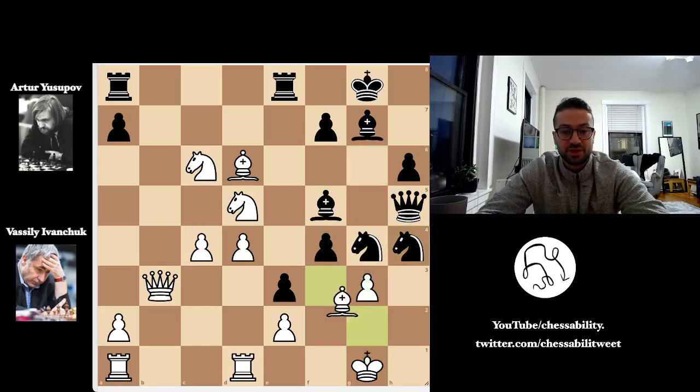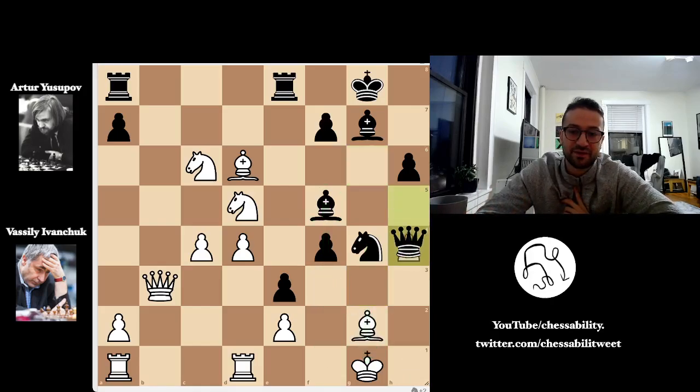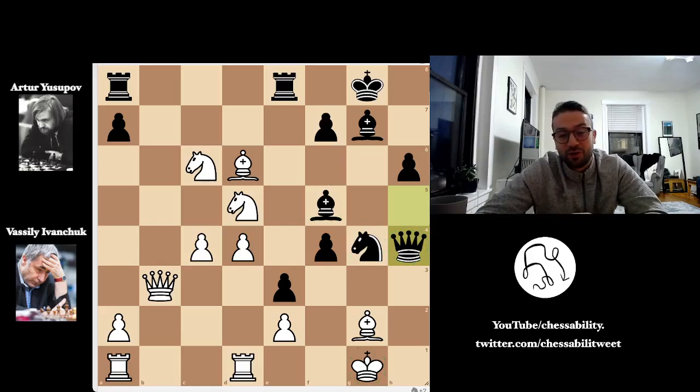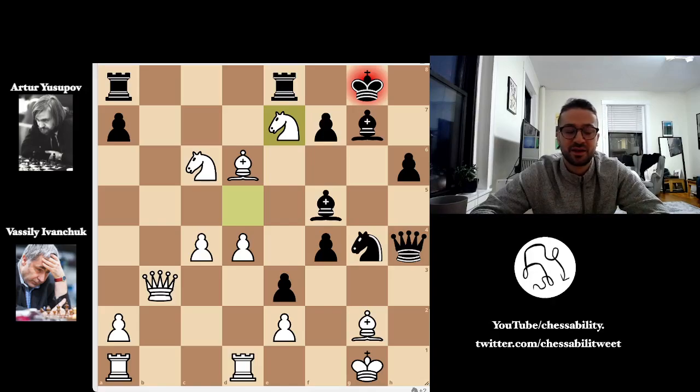So g takes on h4, you have to sort of accept the sacrifice, and now queen takes on h4, and now there's just a lot of pressure against the enemy king. Here, Yusupov plays knight d to e7 with check. This is a reasonable move, and we'll see how this line continues, but it's actually a case of